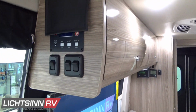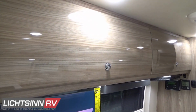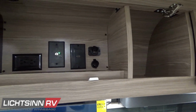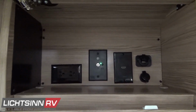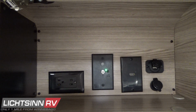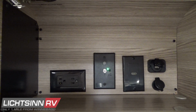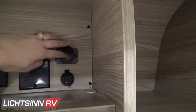You can then turn that off to ensure no parasitic draw on the battery pack. Of course, on the patio side, we include another full bank of overhead, high-gloss, macchiato Techniform Italian cabinetry. This is also the location for the underside of the connectivity port for cellular and Wi-Fi boosters. 110 volt, 12 volt, and USB power points are included, controls to the local off-air booster switch, and then also